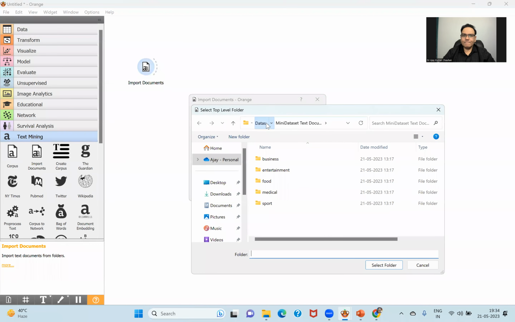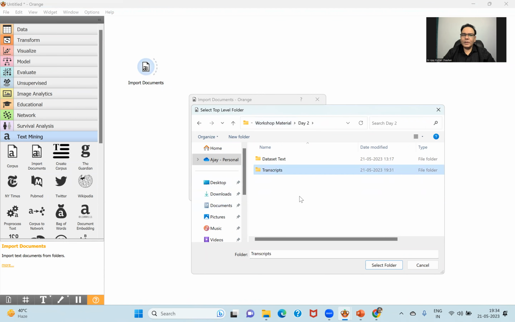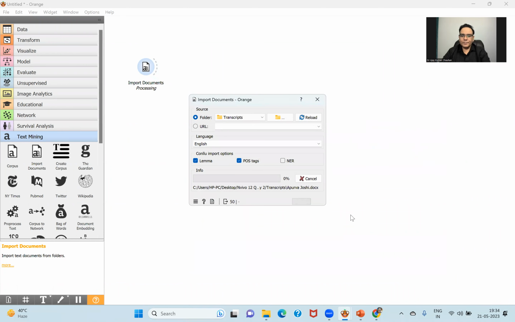And let's say I select the interview transcript. Normally, all the files should be kept in a folder because we have to declare the folder. This is the default folder on which we are going to work. So now I am showing you this folder, and select folder. When you select folder, the software will